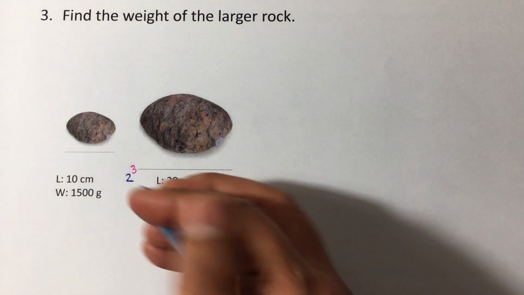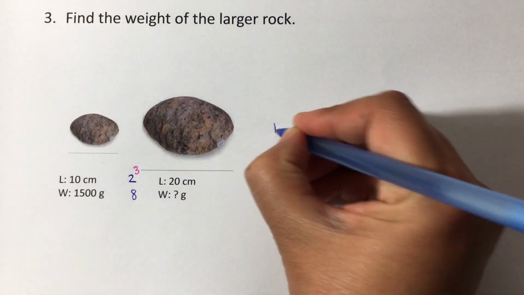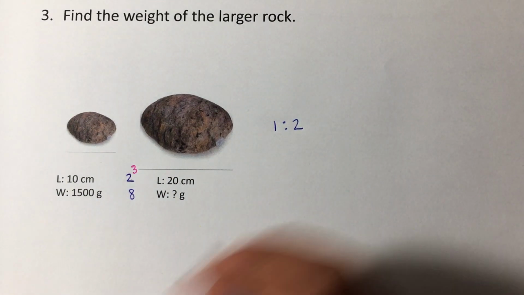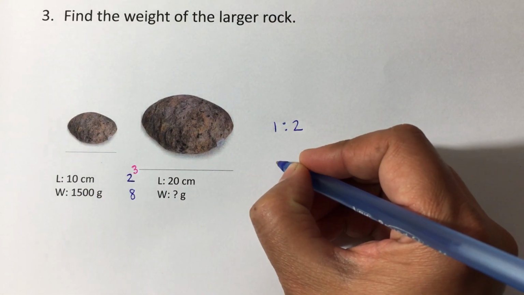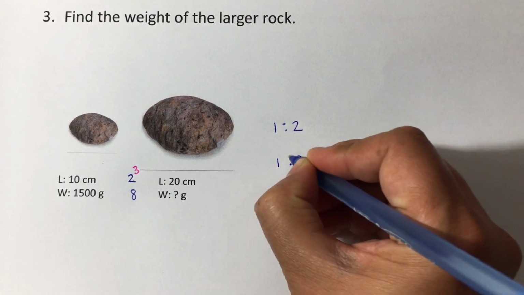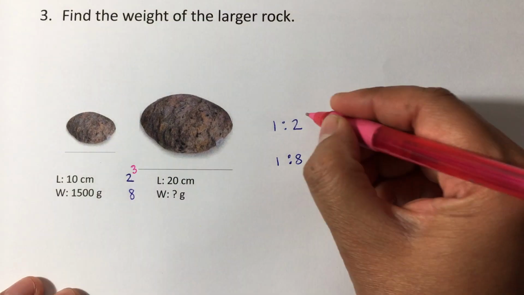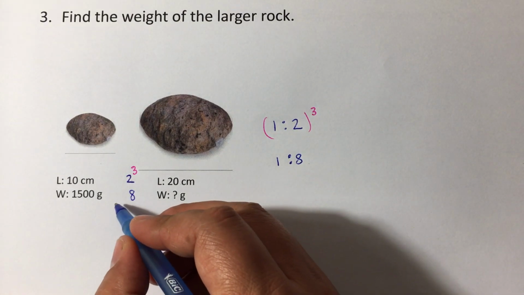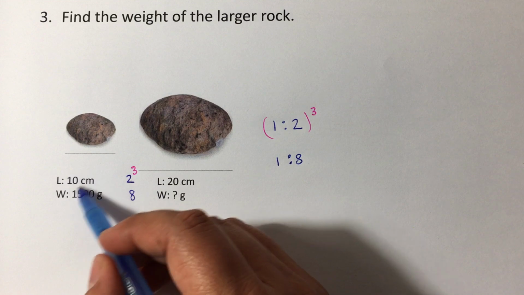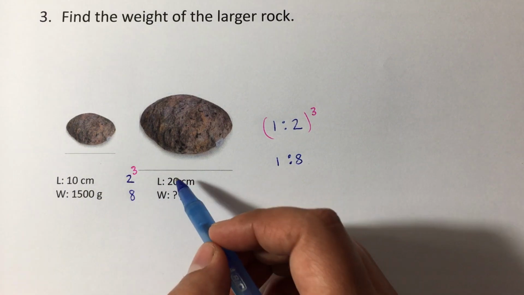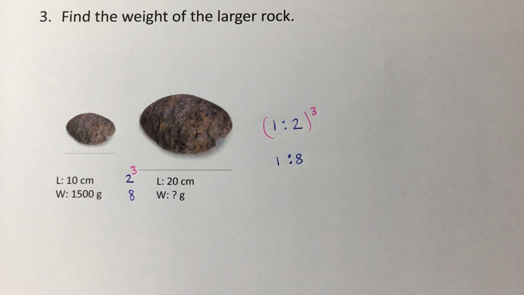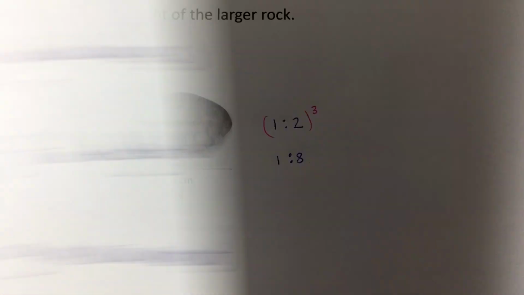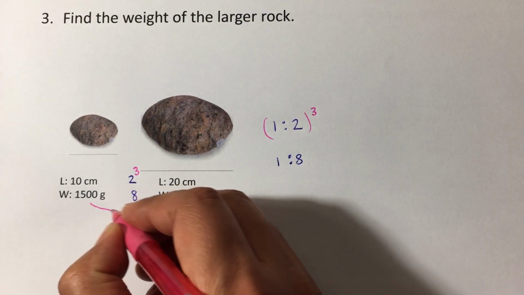2 times 2 times 2 is 8. Again, if you need to see it, this is 1 to 2 because it's twice as big. The weight is 1 to 8. We just cubed that. And so, what do we do now? Well, this is smaller than this one in length. That means that if I have the small, I'm going to multiply. That's for the third step. So multiplying here,